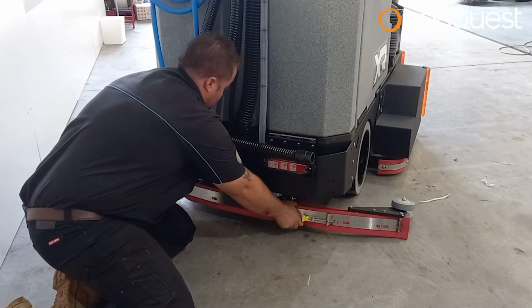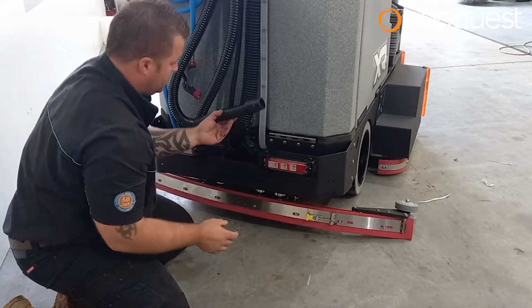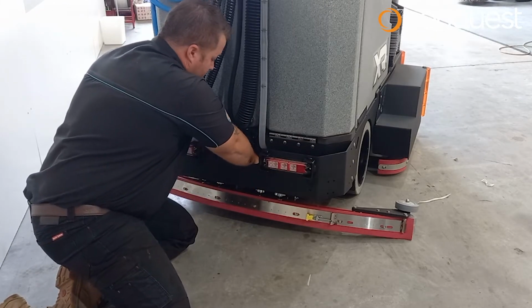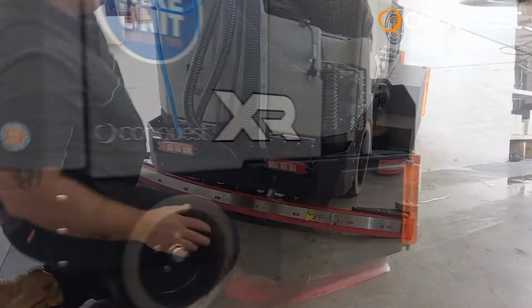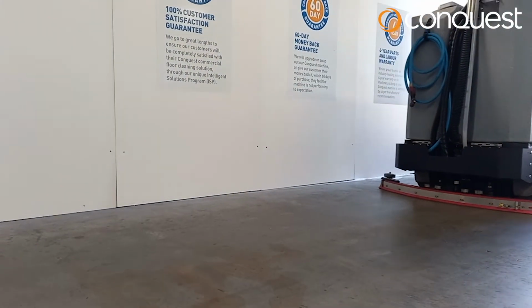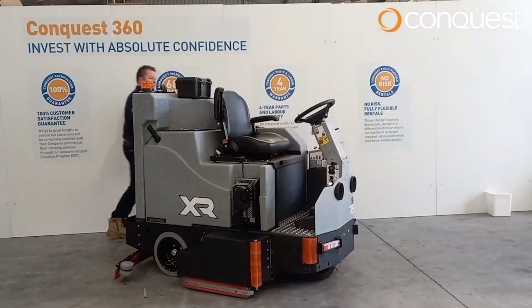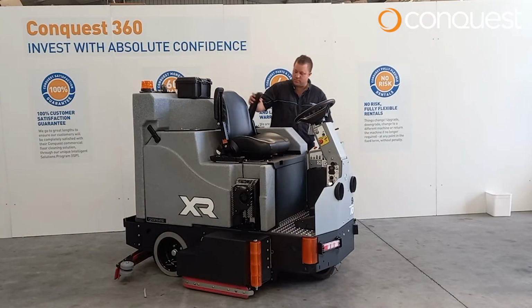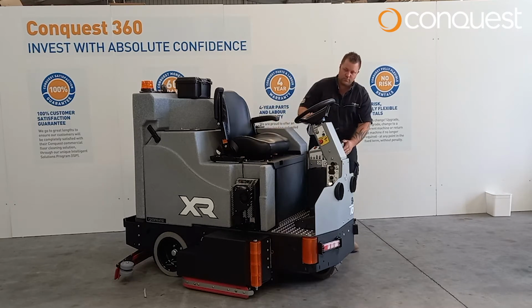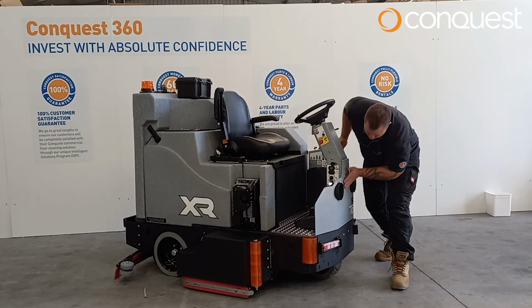Once installed, mount the squeegee recovery hose to avoid damage, and do not operate the machine if the squeegee is dragging crooked or hard on the floor when lowered. Refer to your printed manual for correct settings. Step back and walk around the machine to visually inspect for any signs of damage or wear that may prevent proper function of your Conquest